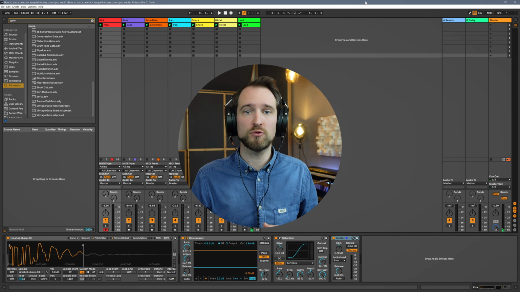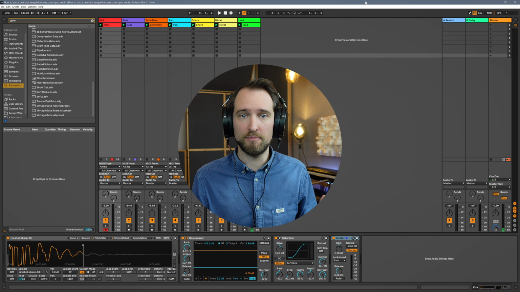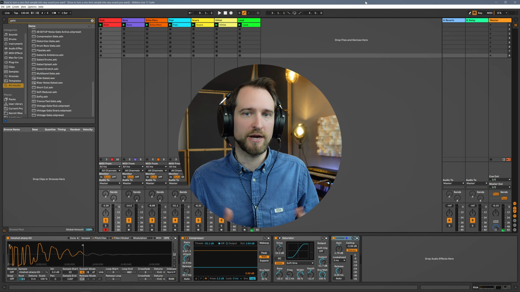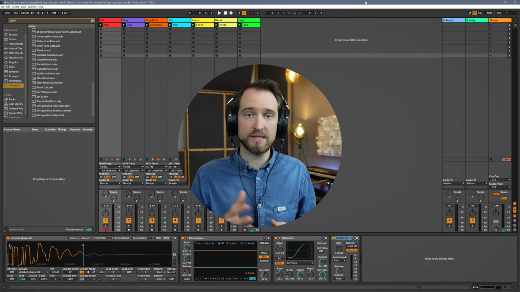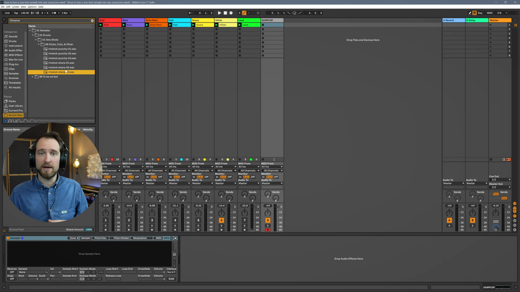One of the most underrated Ableton Live devices, in my opinion, is the Ableton Sampler. This is such a cool tool. It has so much creative options, but most people don't use it in a creative way. So I'm going to show you how to do this here. And whether you believe it or not, you can turn a one-shot sample into a full-blown synthesizer with this. So I'm going to walk you through this step by step, and we're going to create a couple of different interesting sounds. Step 1, just create a new MIDI track, throw the sampler device on it,